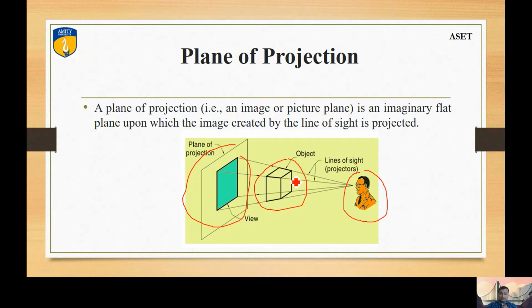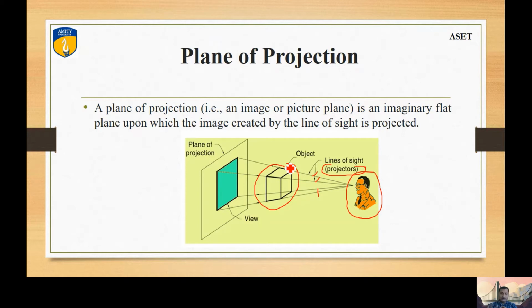There are many terms which I have used here, which I will be using in the upcoming topics of engineering drawing. So we must be very careful and familiar with the terms. The first term is the observer, who is going to look at the object. Second, the ray of sight, or the line of sight, the rays coming from the eyes, which are basically called the projectors. Third, the object, which should be well defined.